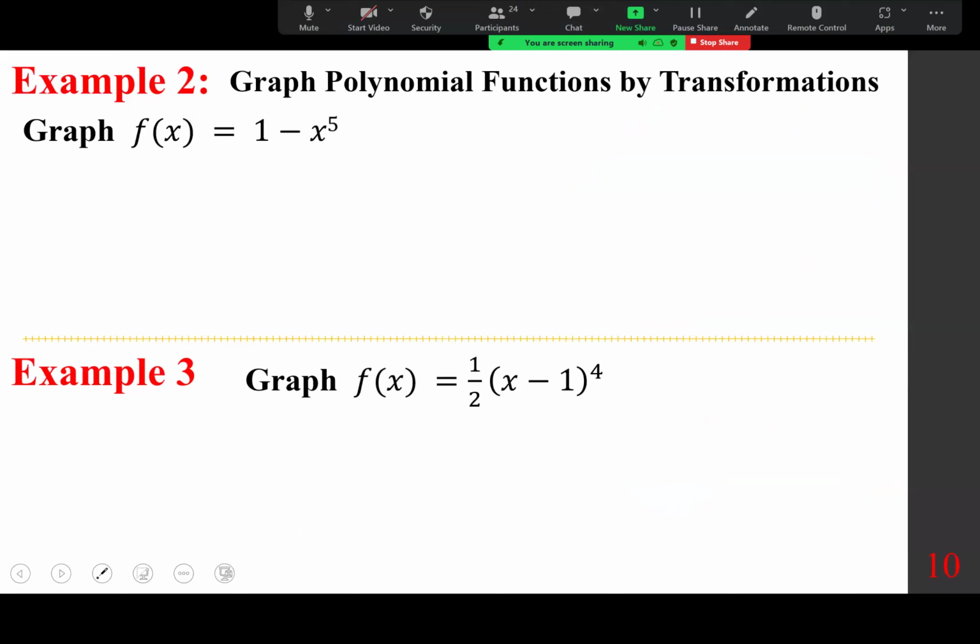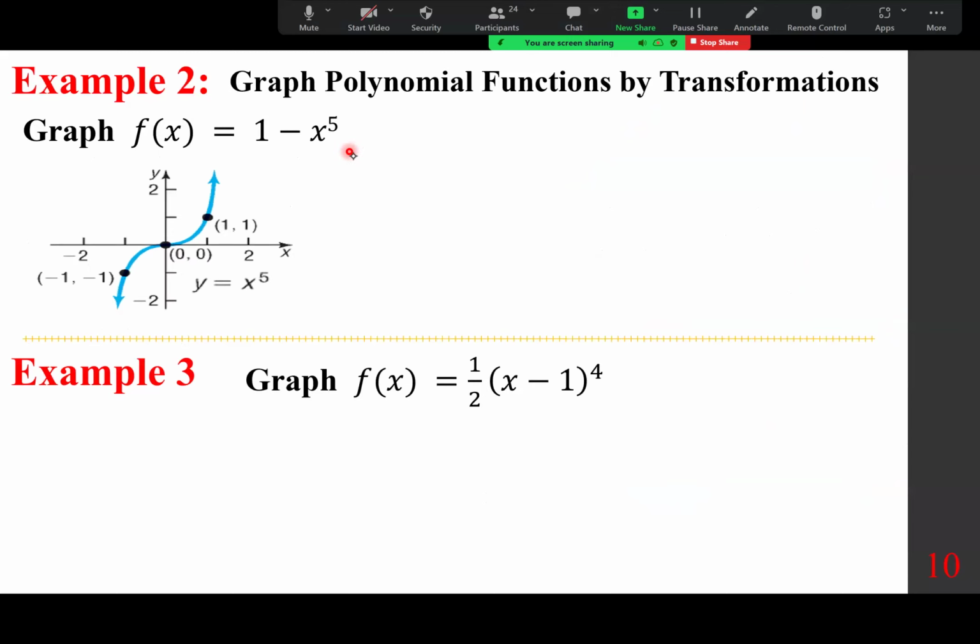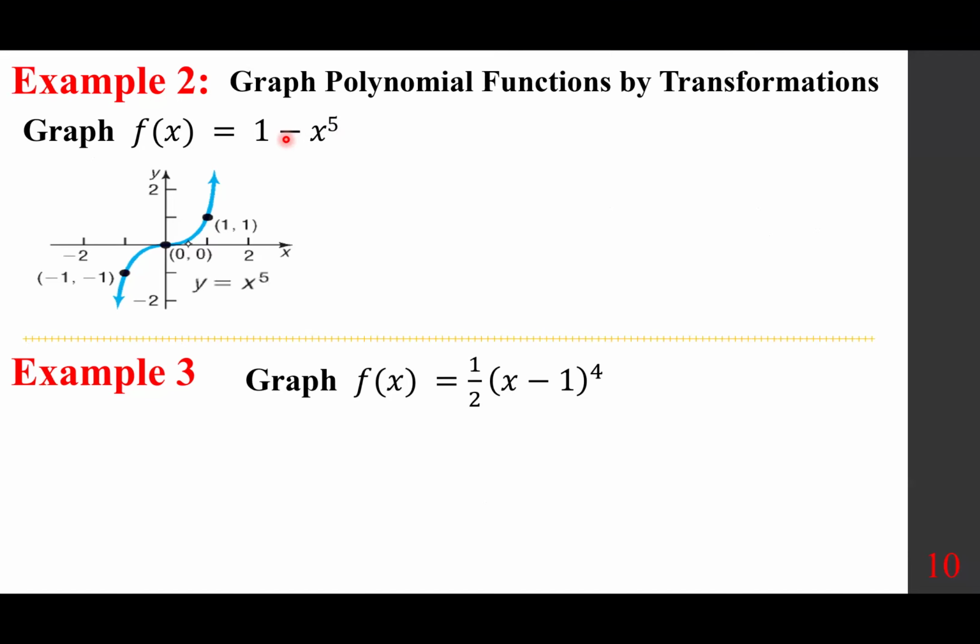If we were to graph by transformation, we would start with x to the power of 5, which looks almost like y equals x cubed. Look at the exponent. The exponent is odd, and it looks like y equals x cubed. Everybody's familiar with y equals x cubed. So we are going to affect this by negative 1. That means multiply by negative 1. So minus x to the power of 5 makes it flip over with respect to